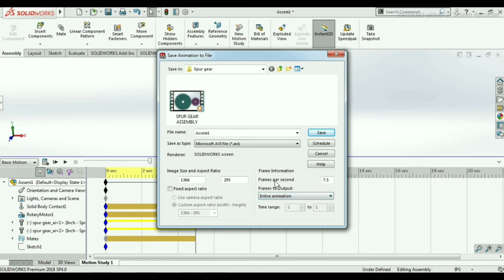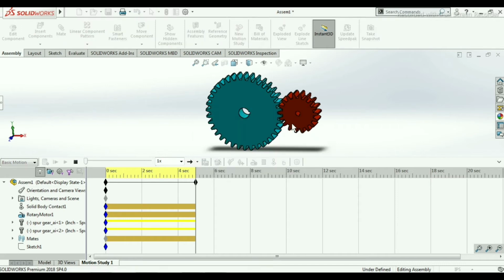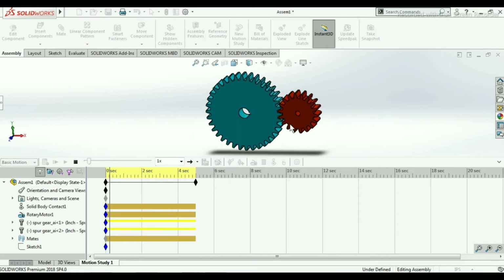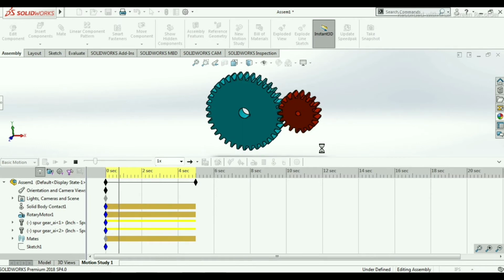Here you can give the frames per second. I am giving 50 frames per second, and then click on OK, that is save. Here uncheck this box, that is keyframe, and then click on OK. So our animation file has been saved.